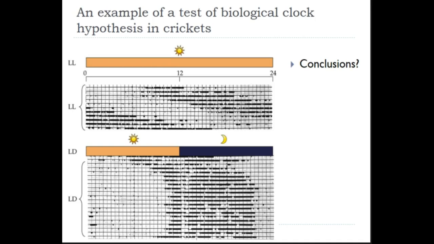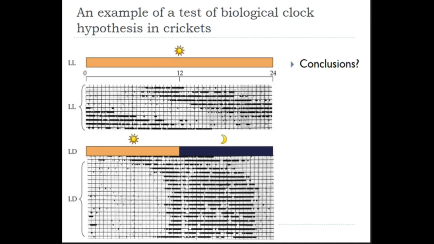So in this experiment, the way you read these figures, they take a second to get a handle on, but they're not too bad. Each of these little lines right here is one day, one 24-hour day, and it even shows from 0 to 12 hours to 24 hours. So this is midnight, and on the other side is midnight of the next day. This is following one individual over about 10 days in the first part, and then that same individual for another 20 or so days in the second part.